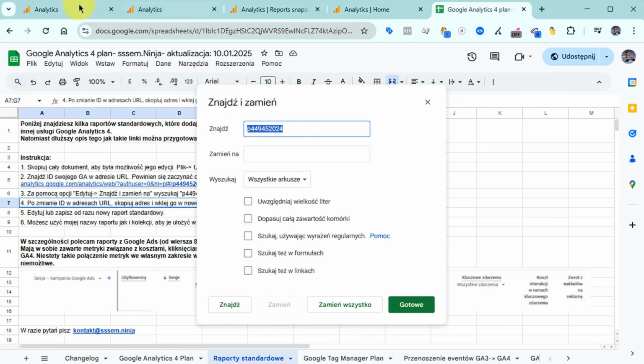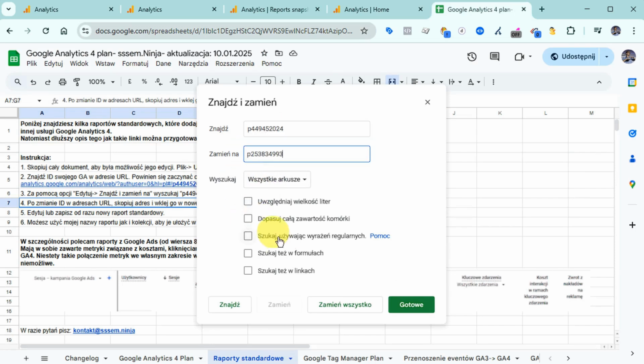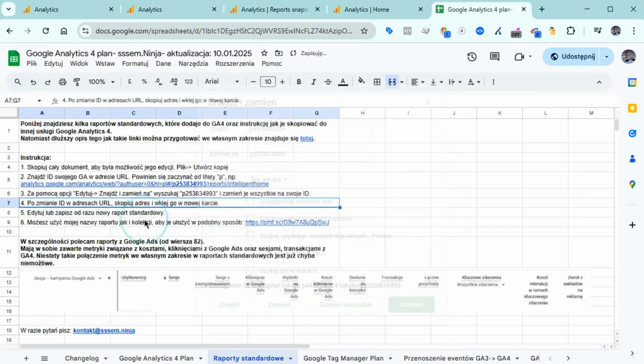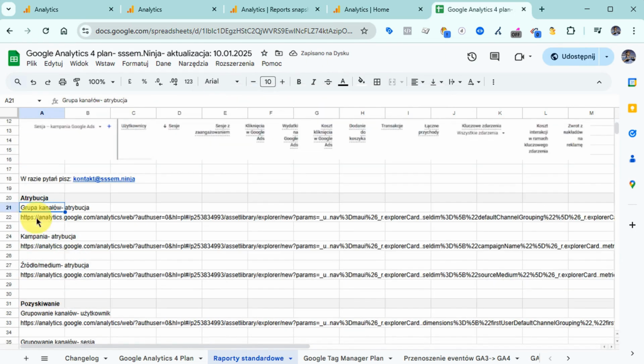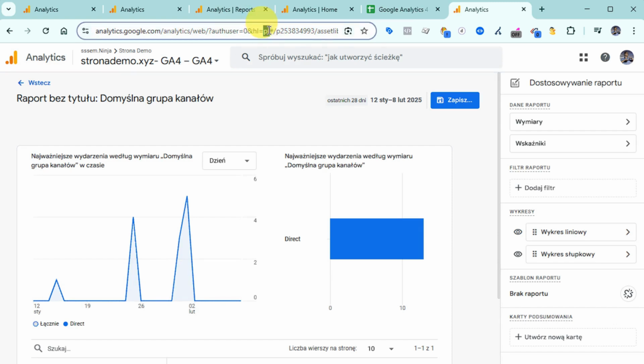This is your ID. Next, I'll add my GA4 ID, and I'll replace all of these IDs. So now, for example, by copying such a URL from my checklist, pasting it into the browser, you can immediately see that